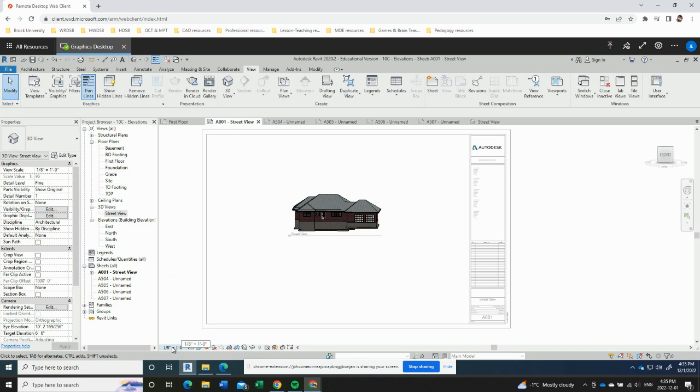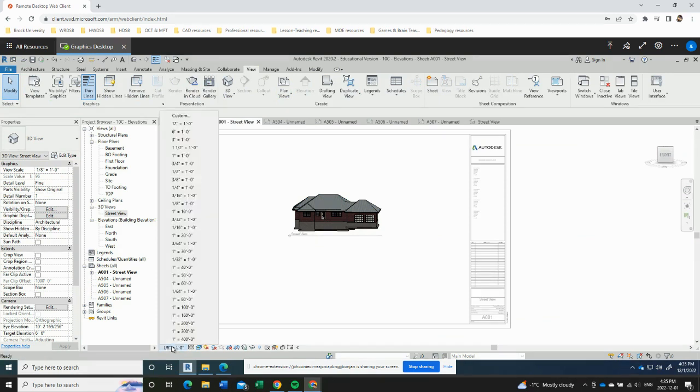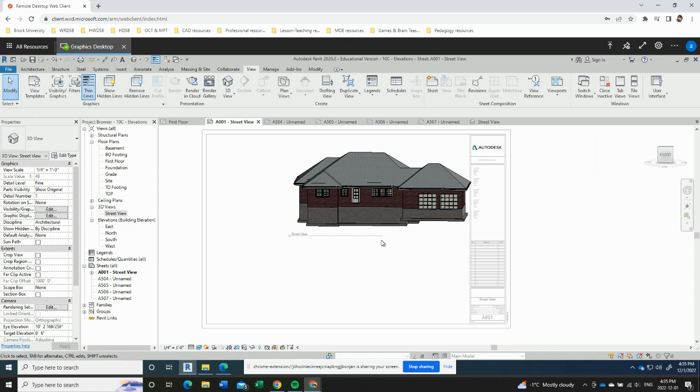So we're going to come here. This is our scale. It's 1/8 of an inch equals 1 foot. We're going to double that. So we're going to go to 1/4 of an inch equals 1 foot. Click, and now it's been made bigger. So if I want to move this on the piece of paper, now I can't do it when I have the view activated. So to deactivate the view,